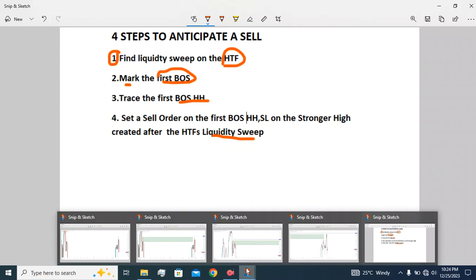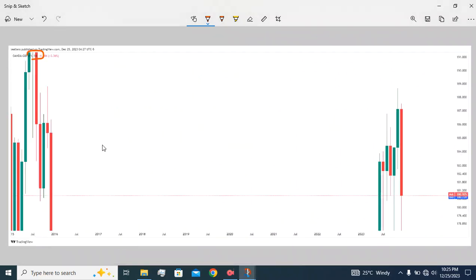So here we are on the monthly, right? And the clearest sweep of liquidity that you can see right here is this guy, right here. See this consolidation right here. I love consolidation so much. Why? Because